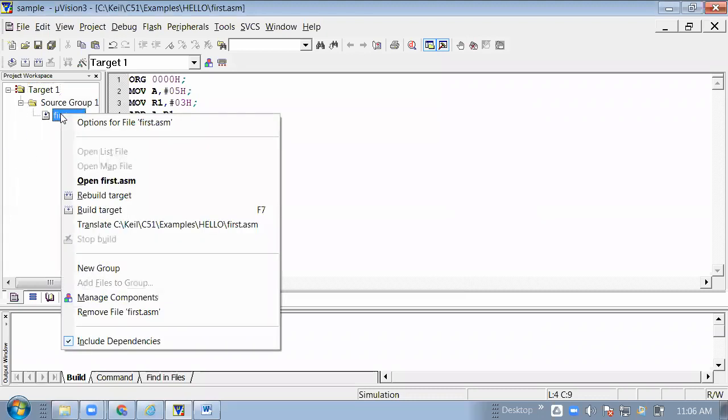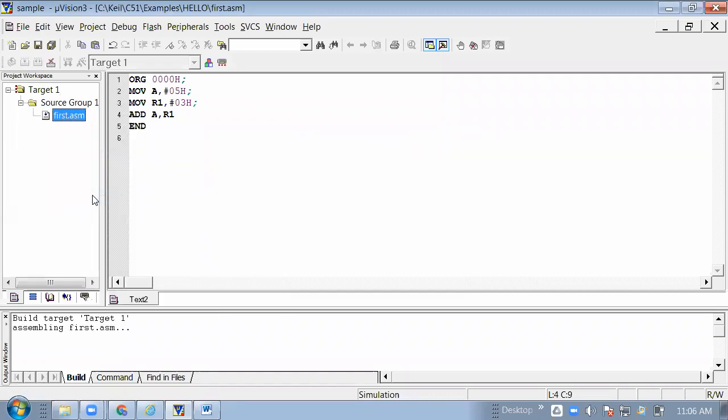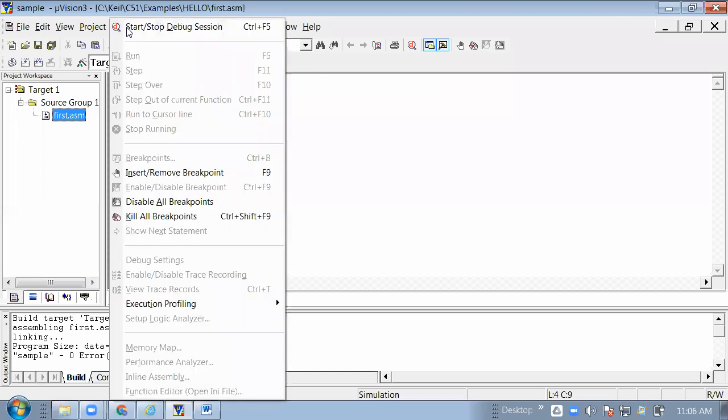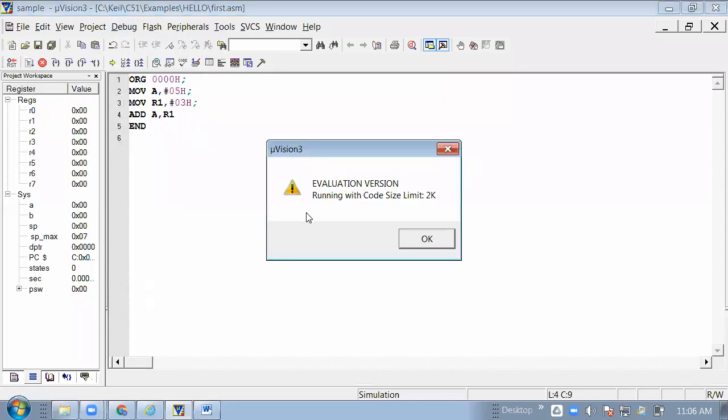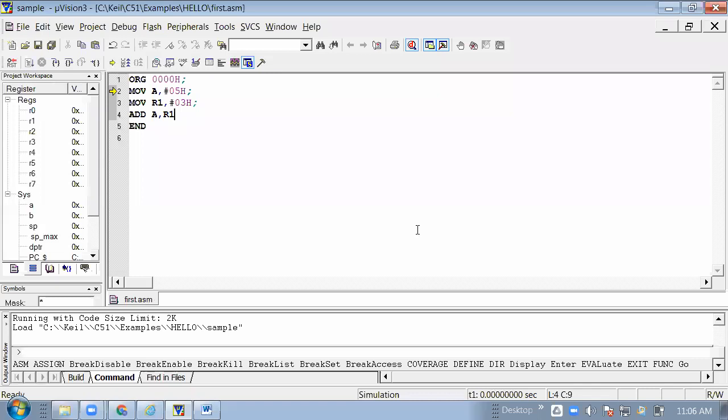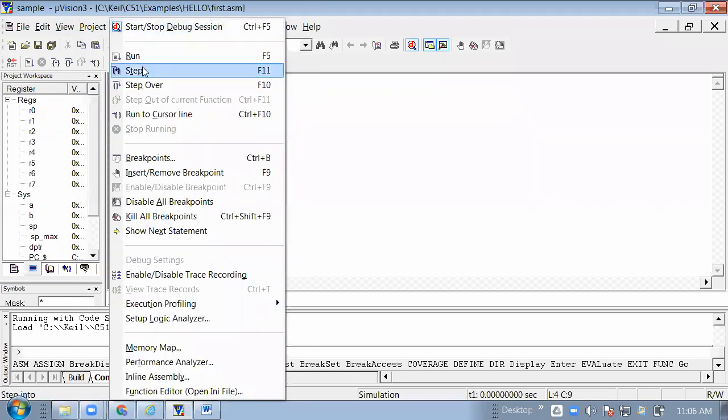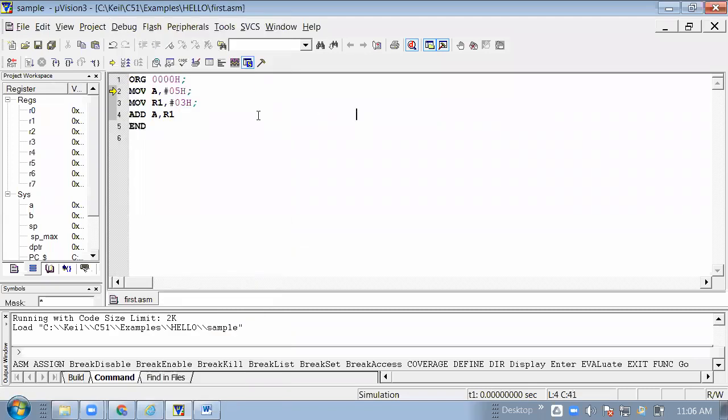Then right click, rebuild the target. There are no errors in the program. Okay, then go to start debug. First, step by step, F11.